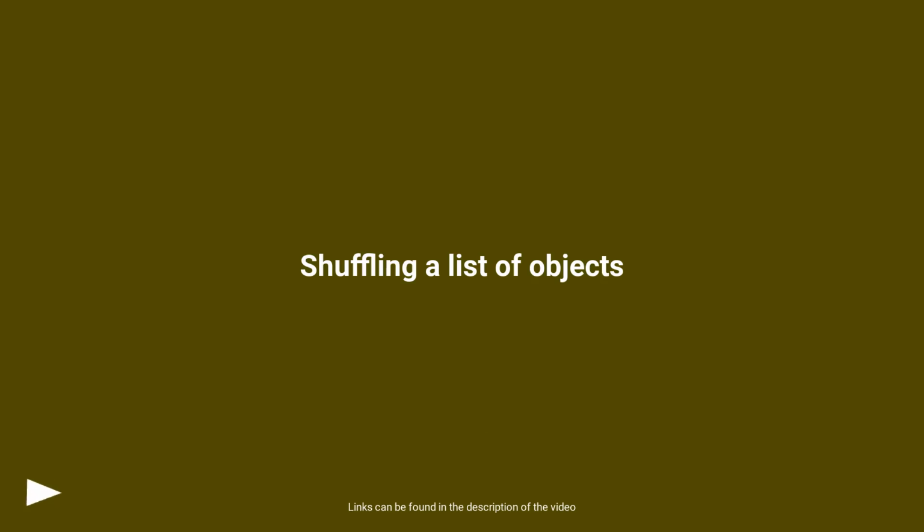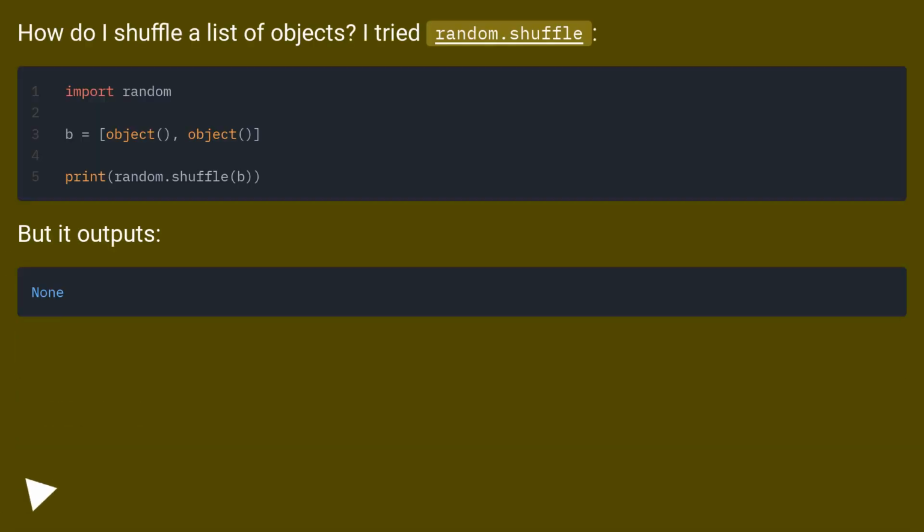Shuffling a list of objects. How do I shuffle a list of objects? I tried random.shuffle, but it outputs